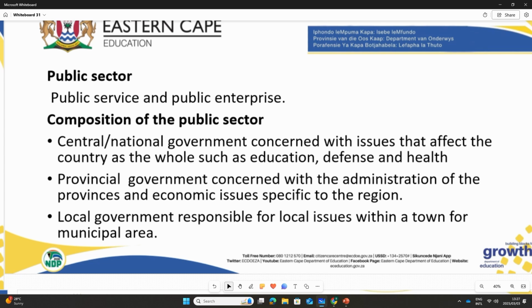Public sector consists of 3 spheres. What are those spheres? Number 1, we've got central or national government. What is this government all about? It is concerned with issues that affect the country as a whole, such as education, defense, and health. In this government, it is the rulership of the government at the national level,